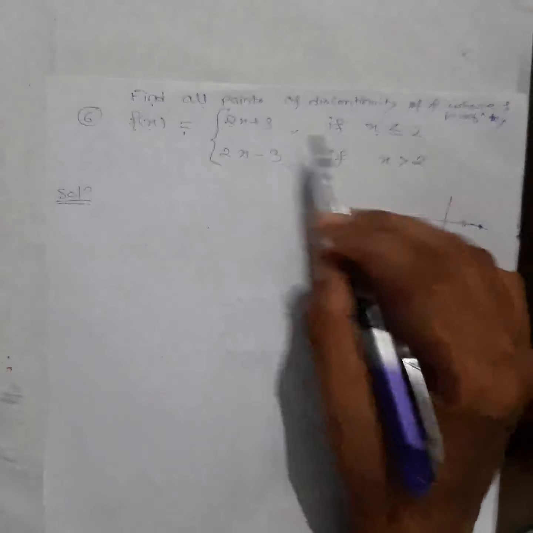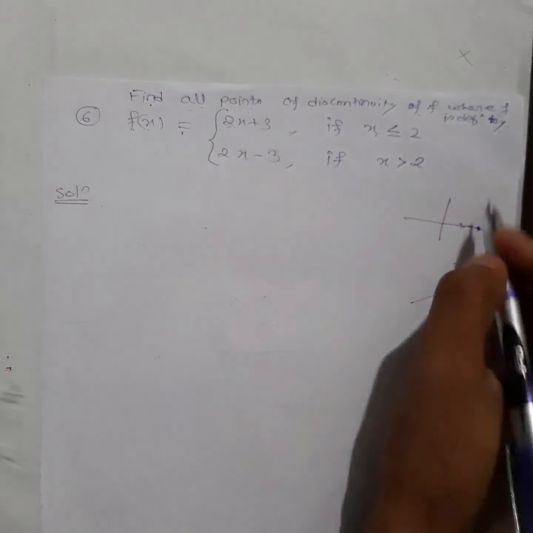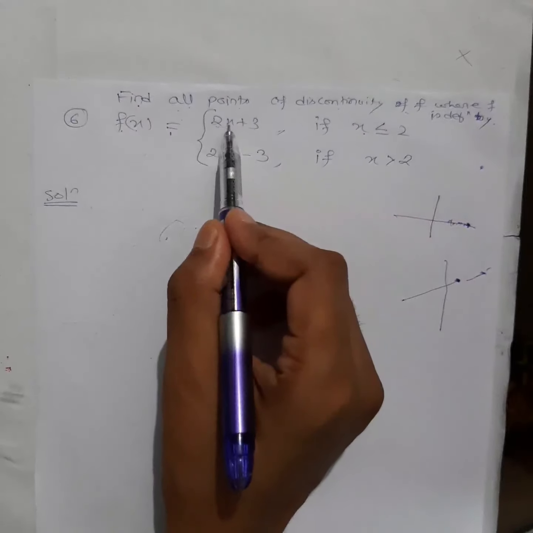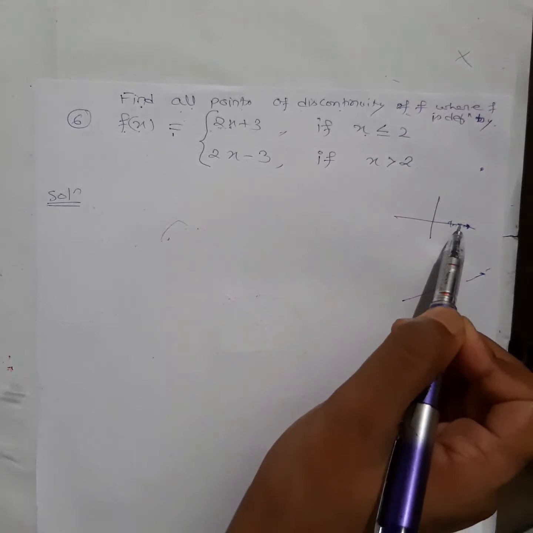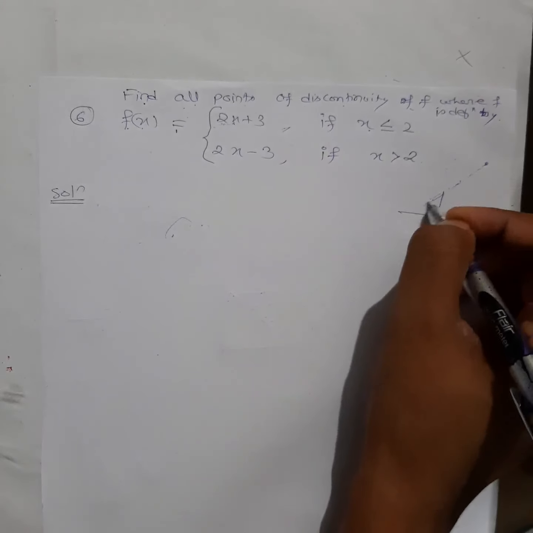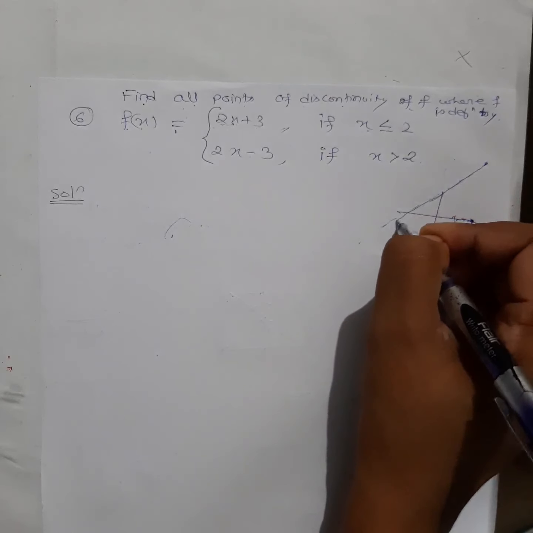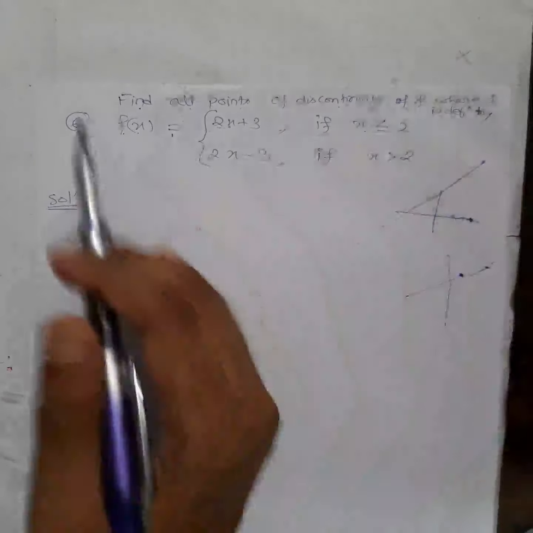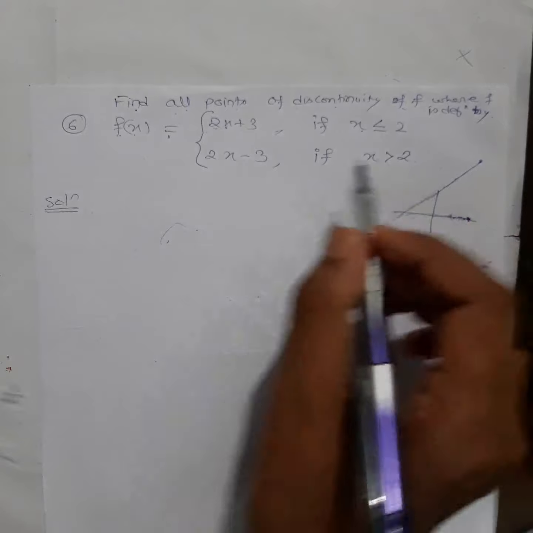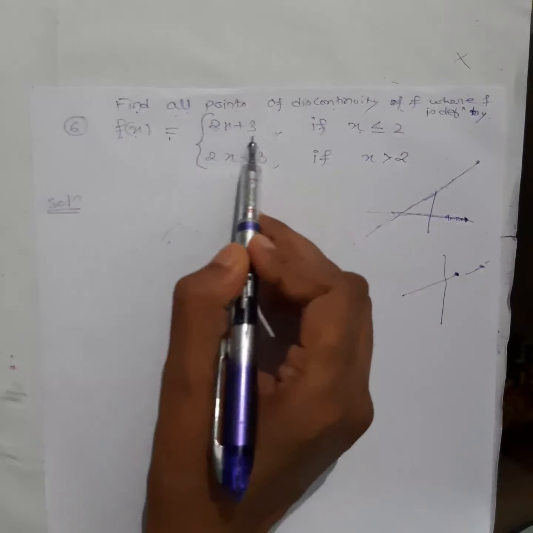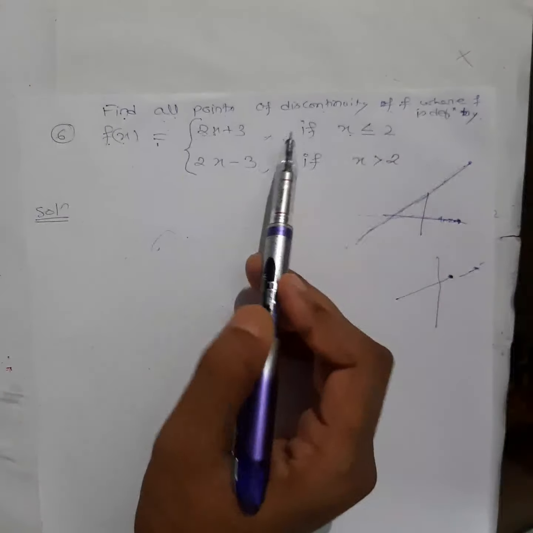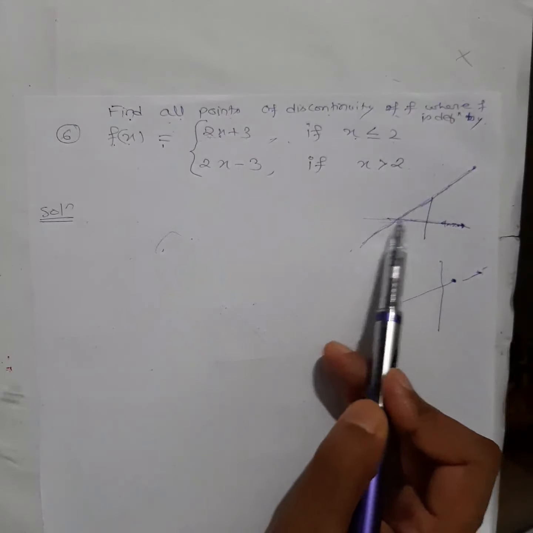So suppose you take x equal to 2, what will you get? 2 times 2 plus 3, 7. So 7 will be somewhere here. Just after that, whatever point you take and put in place of x, if you take any point here, the y value will always be there, right? A point will be there like this. So obviously it will join and it will form a line here. So obviously for less than 2, if you consider here, the graph will never break. That is confirmed, because it's a linear equation, it's a straight line. A straight line means this will never break here. So for less than 2, I will not check any value. I know that it is continuous.